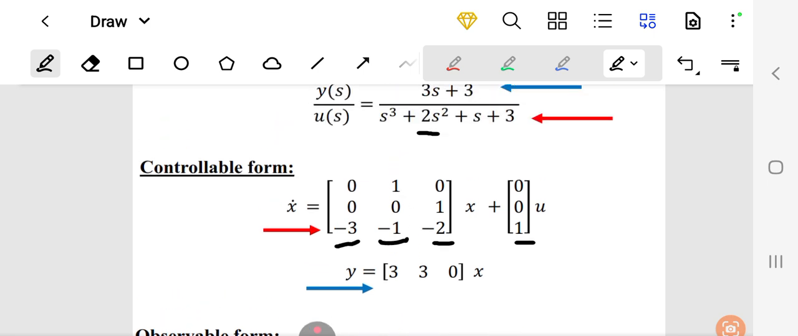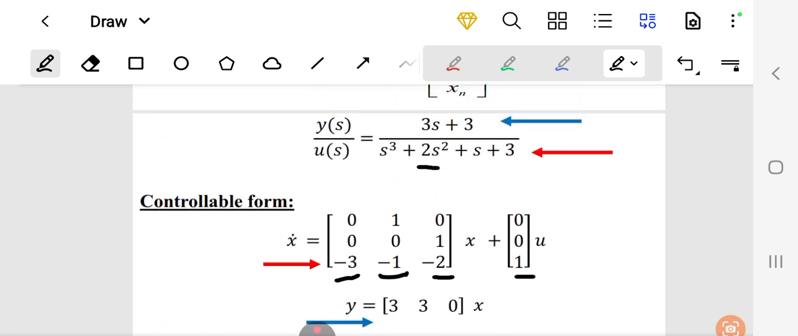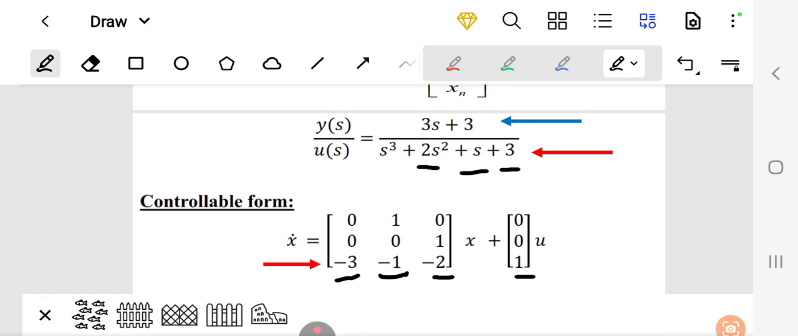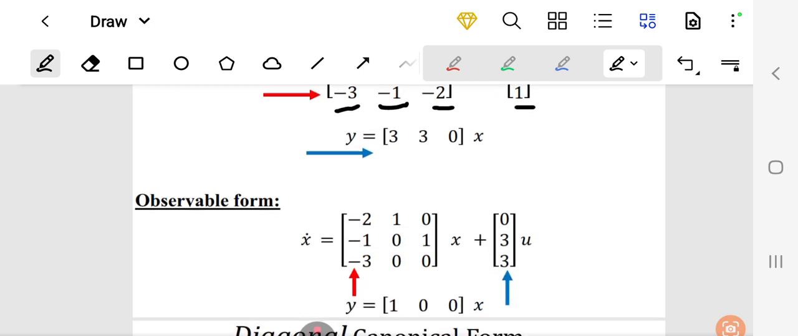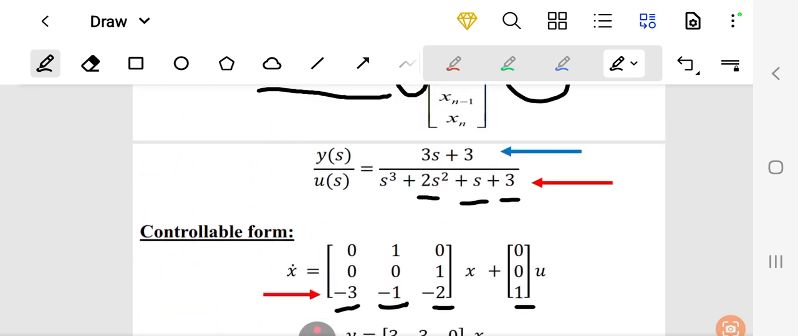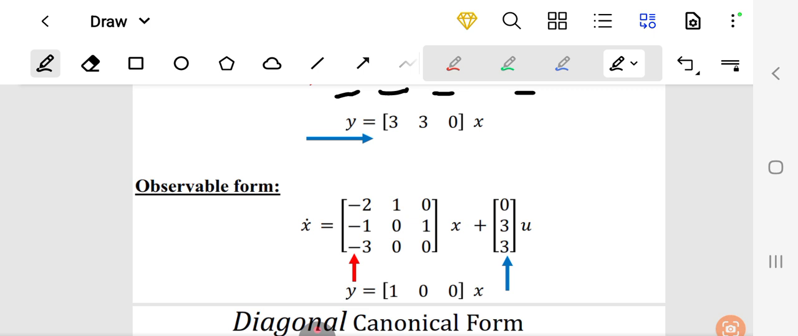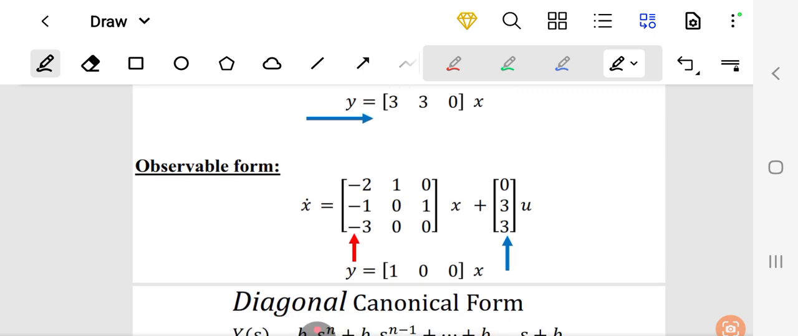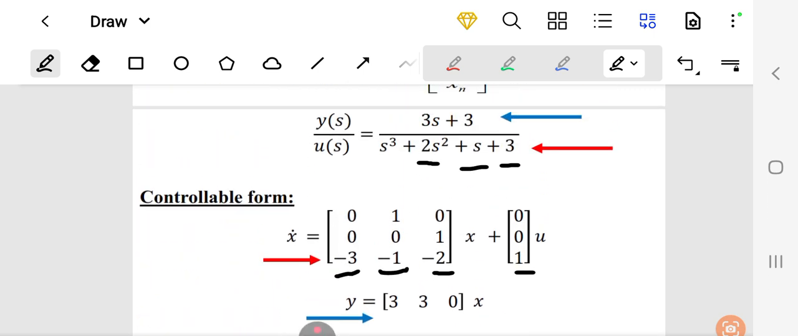Now we will see the observable canonical form. For the observable canonical form, we will take the coefficients of the denominator with opposite sign as the last column in the A matrix. The last column in the A matrix. And for the U,